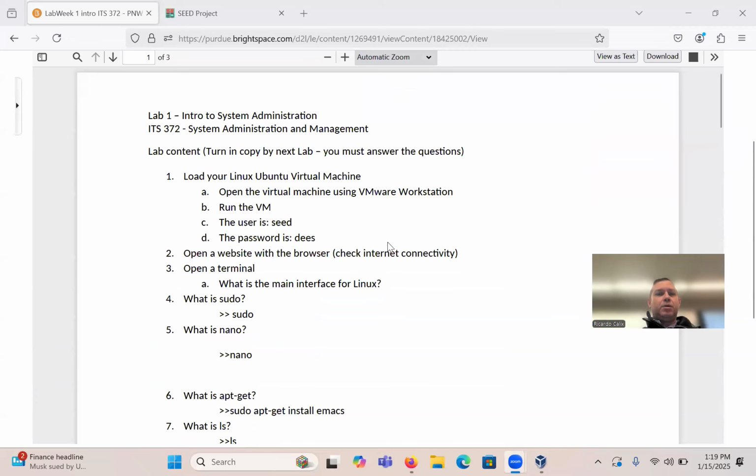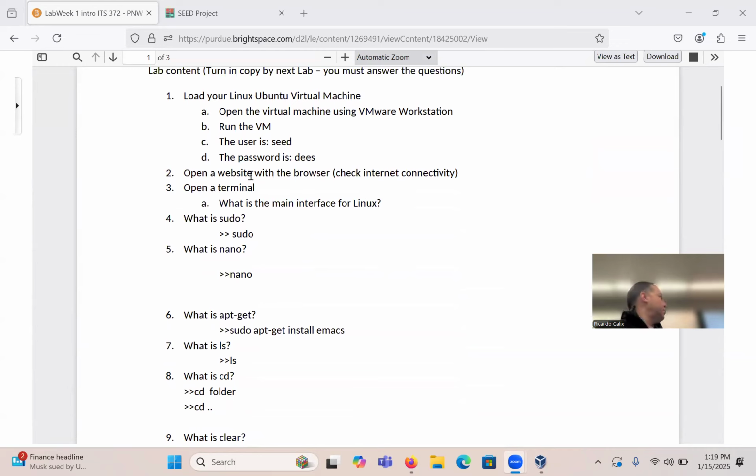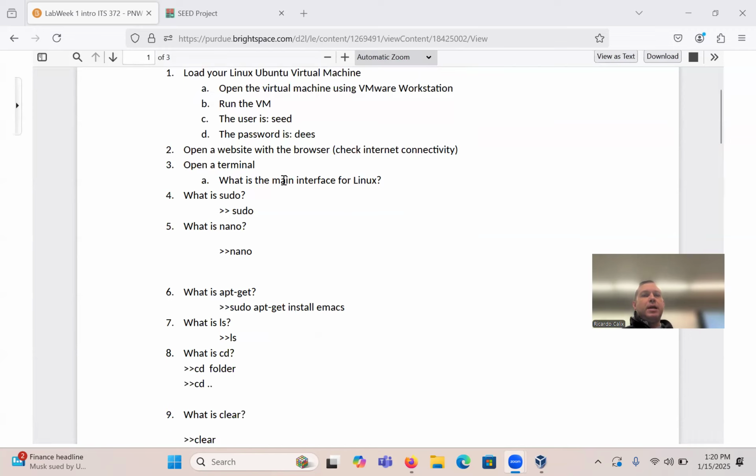So this is the lab, so I'll go over some of this. Basically, as you know, we're doing Linux commands, and we're learning what they're for. Here, as I said, bullet number 2, you just have to go to a website. Visit your favorite website and make sure you can reach it, and that should tell you that you have internet access. Obviously, later on, we're going to learn how to do things through the terminal to have internet access. All right, then after that,